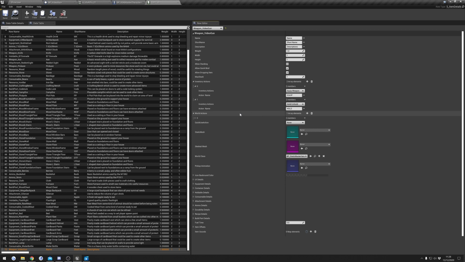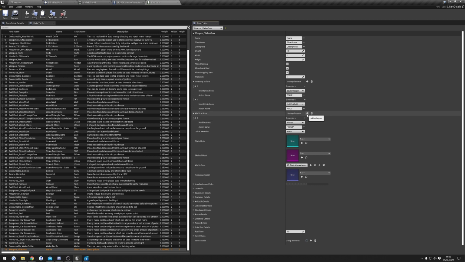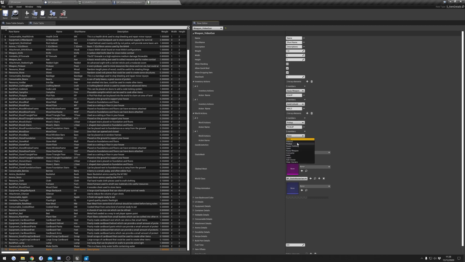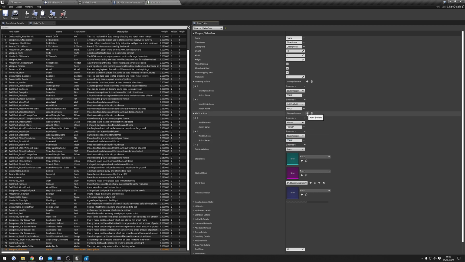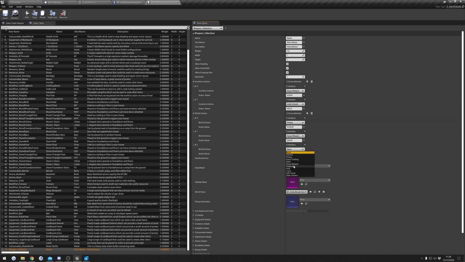We don't have to worry about, actually we can add world actions. World actions are when you look at an item that's actually in the world, you get that selection menu and you can choose what you want to do. If you want to, you can add a new element and you can select equip weapon or equip or hold, sorry, so that the character will instantly equip it to their back or instantly try and hold it. We can add equip weapon, and again, same thing. This is just the name that you'll see in the UI. So I'm just going to put equip, then create another one for holding, like this,